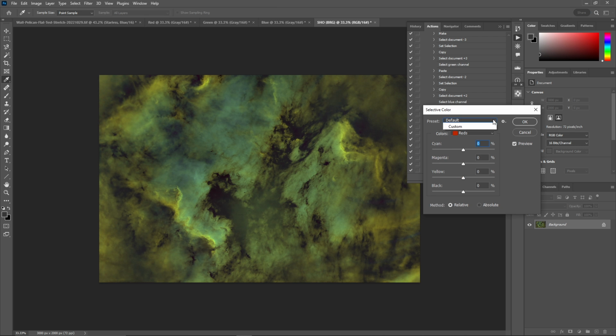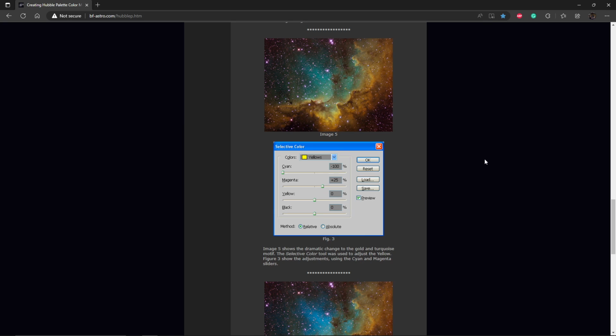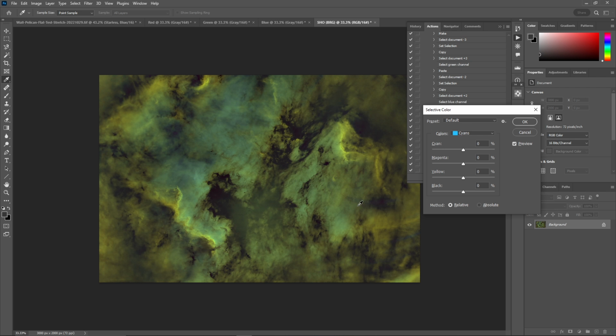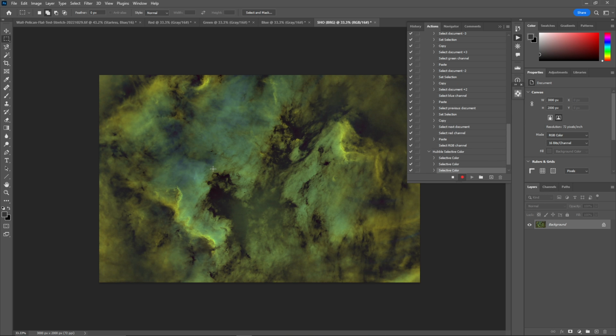And now we're going to start working on the cyans. Whoops, sorry. So we're selecting cyan, and I believe it's -1 and -100 for yellow. -1 and -100. Say okay. And we're really getting close now. So one more